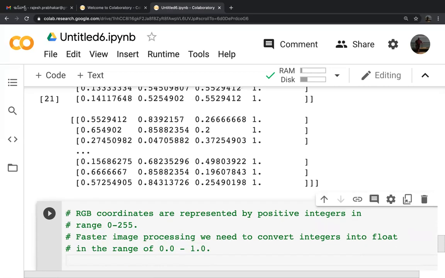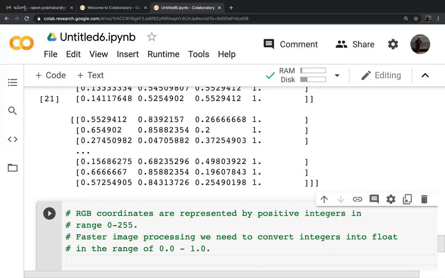Generally, we can directly use the RGB coordinates as they are. The only thing is it will take longer to process. Or we can convert the coordinates which you see in the image into values between 0.0 and 1.0.